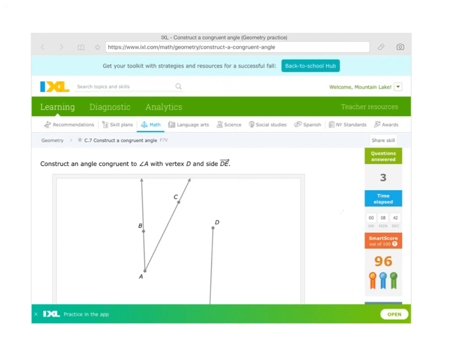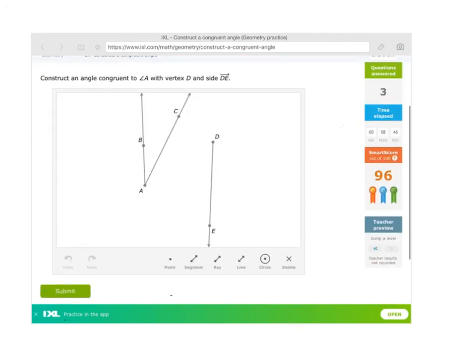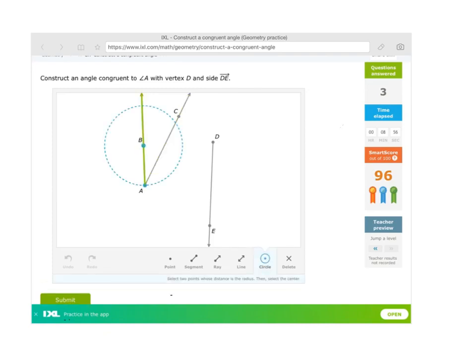So we'll construct an angle congruent to A with vertex D and side DE. So let's go back to circle. Let's go to A and B. So we get our circle, right? And we want it at vertex D. So let's click it on this. So we get this part, right? And we need